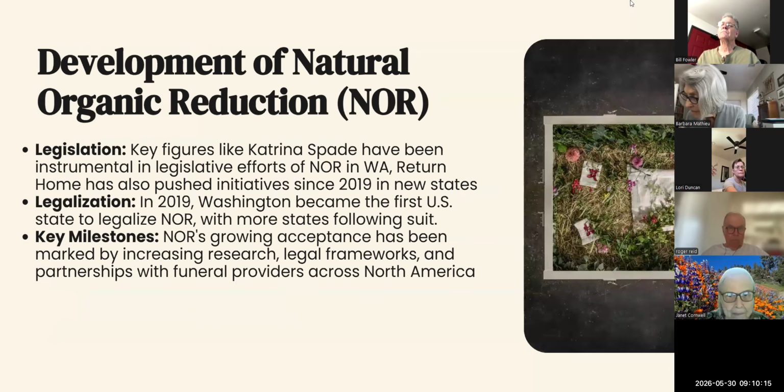A gal by the name of Katrina Spade was a big pusher to have this option legalized in Washington. And as Washington was looking at a new form of disposition, a big reason for that was looking for greener alternatives. With things like cremation, it takes up a lot of fossil fuels to have somebody undergo cremation. And with options like traditional casket burial, you have considerations of permanent land usage as well as a decent amount of materials that are used for the outer burial container for the casket. So Washington was looking at just a simple option to return our bodies back to the earth without using a lot of energy or a lot of resources to be able to do that.